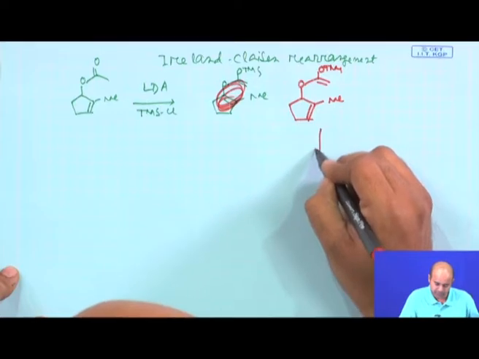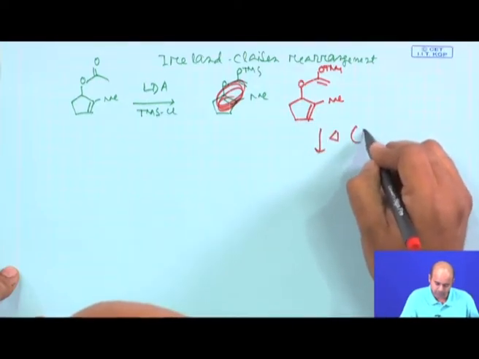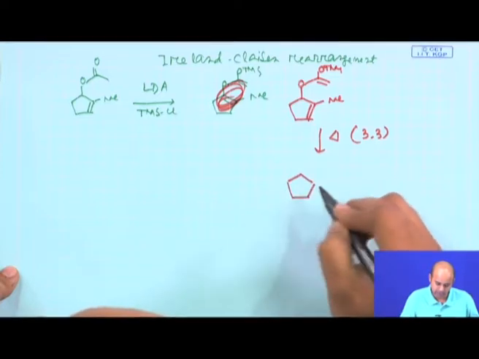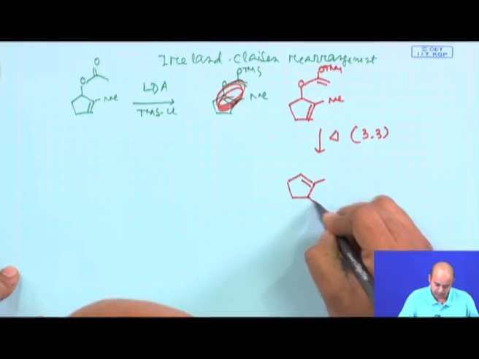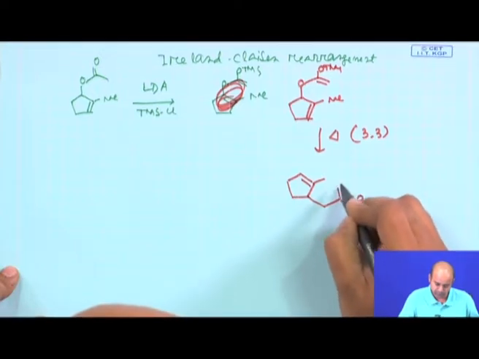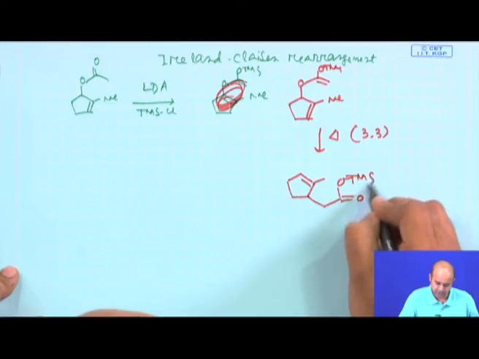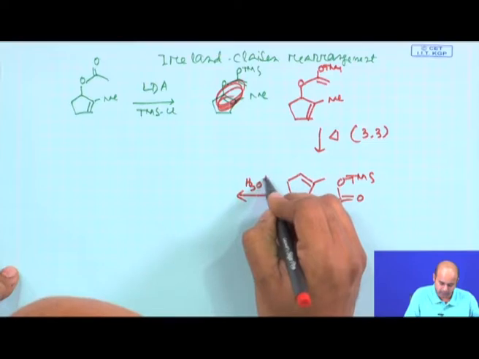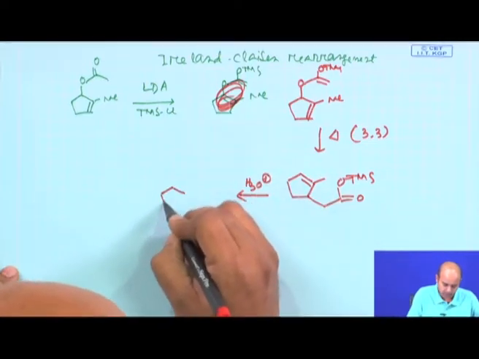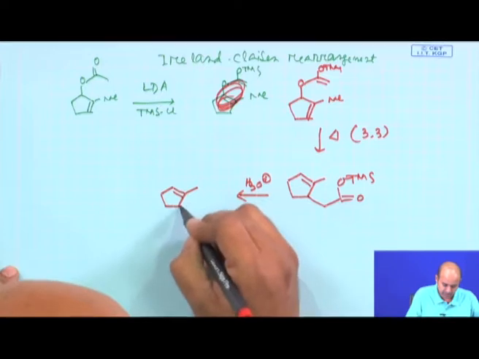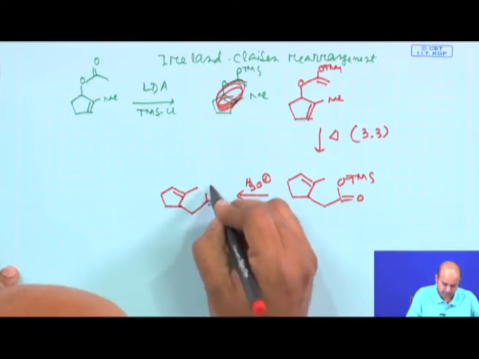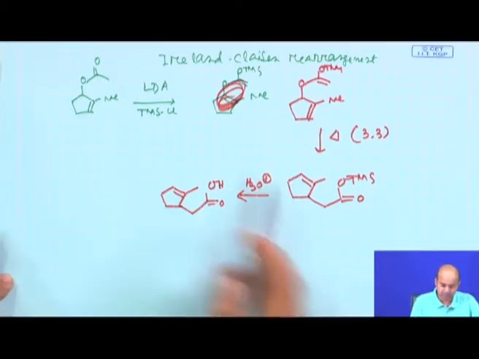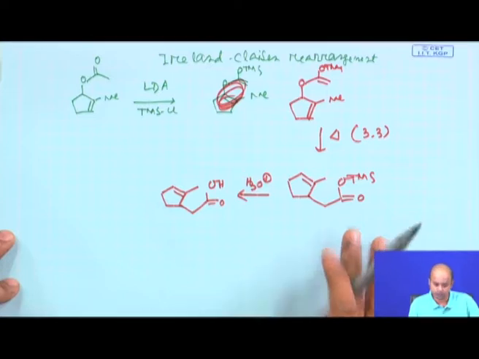Now, you can subject this compound to simple heat, which will ensure the 3 sigmatropic rearrangement takes place, and you basically now get this TMS ester. The TMS ester you can hydrolyze by aqueous acidic workup, which will give you the carboxylic acid. The carboxylic acid you can ring close by a halolactonization.